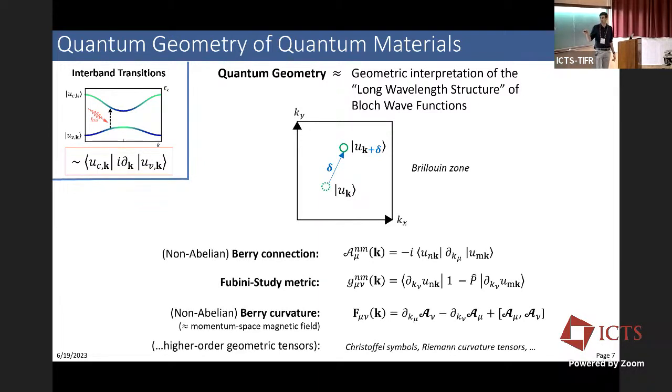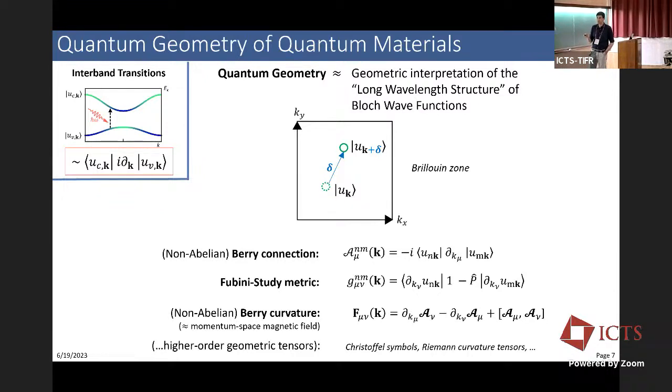So I'm transporting that momentum K to K plus a small infinitesimal shift delta in the Brillouin zone. If I think about the overlap matrix element of these Bloch states, I will get, in general, a phase factor and a change from unity, because the Bloch states might have slightly different orbital compositions. If I take delta to 0, I can parameterize these overlaps using a series of geometric quantities, prominently non-abelian generalizations